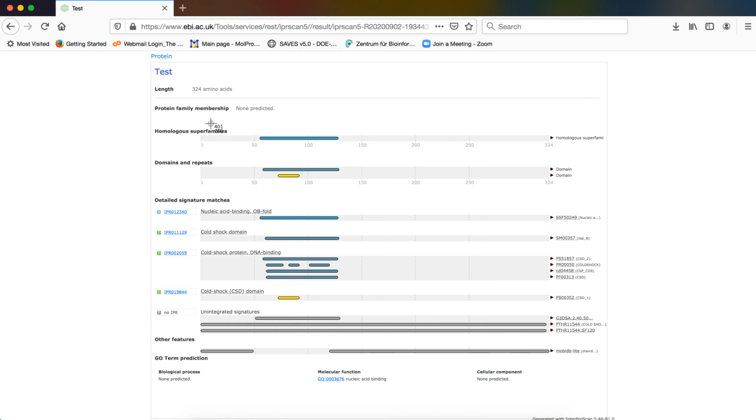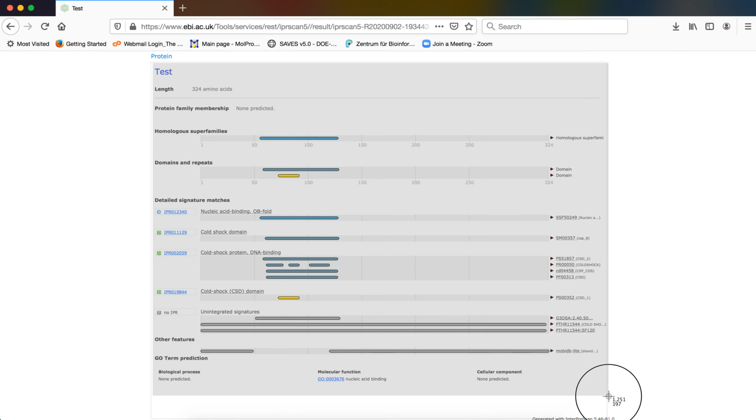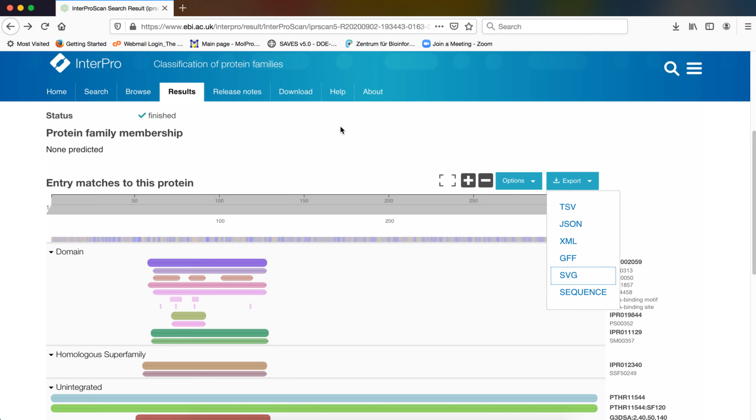You can then take a screenshot of this particular file and you can save it as a result pertaining to the sequence under study. Okay, so this is how you can analyze and get your results from your InterPro analysis.